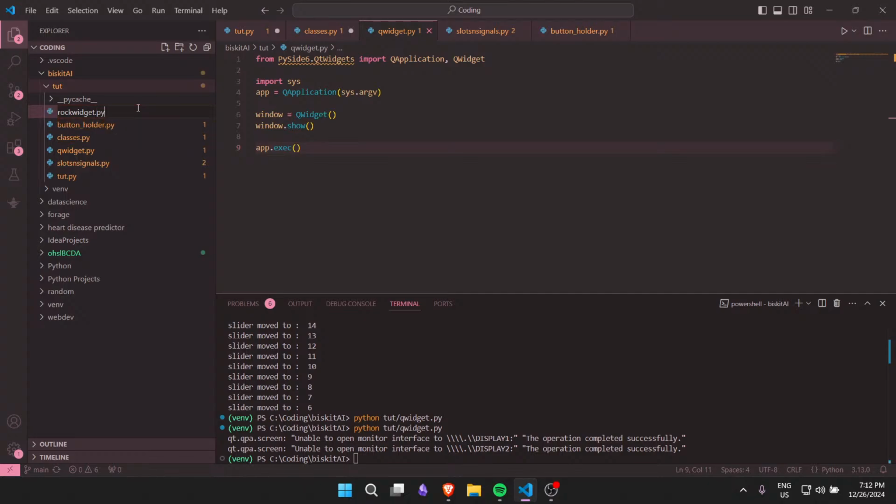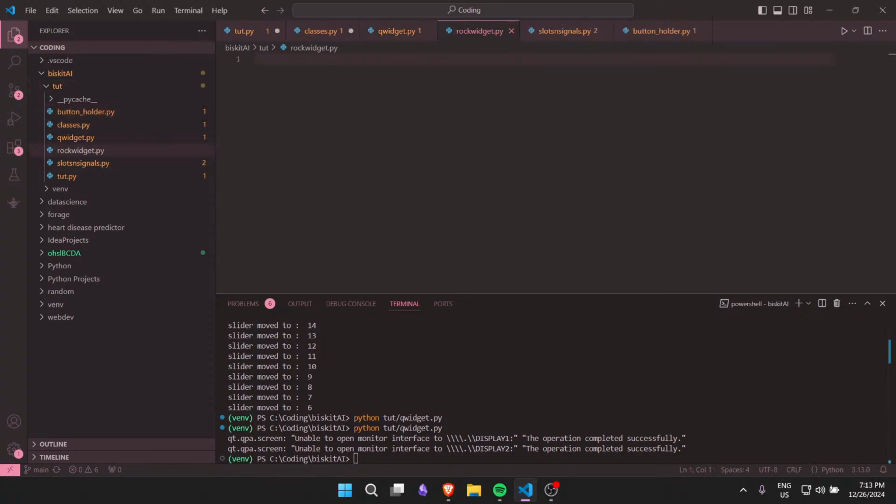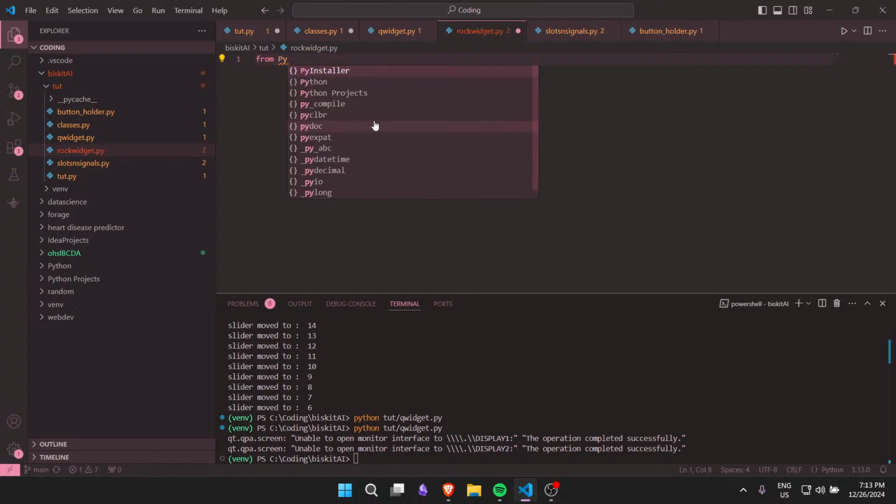Rock widget.py. In that file, we are going to import QWidget from PySide Qt-widgets. So let's do QWidget, and we'll set up our class. The class is going to be named rock widget. It is going to be inheriting from QWidget. And it is going to have a